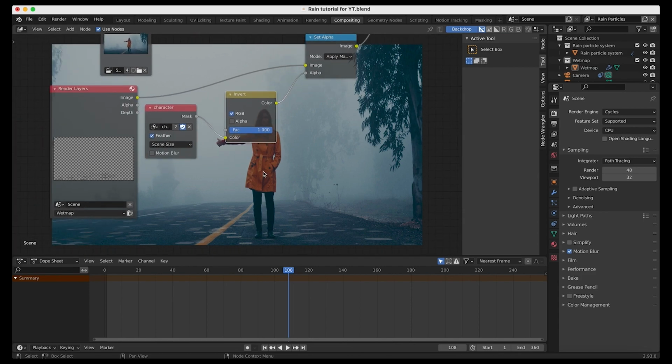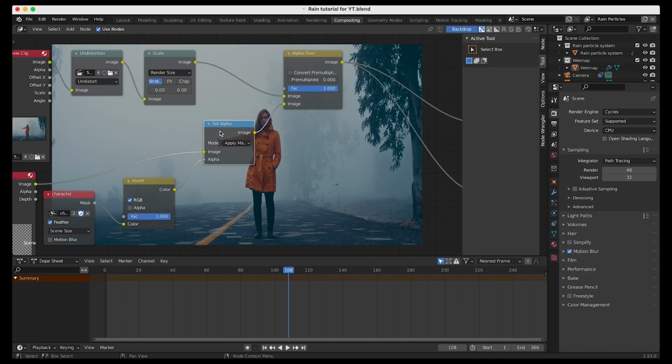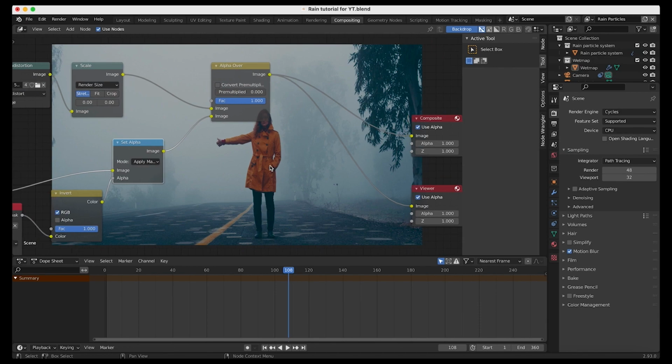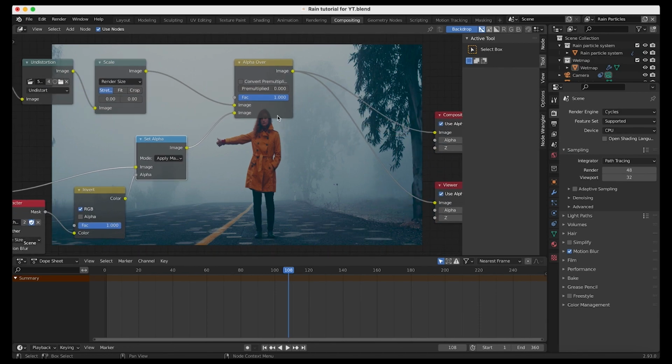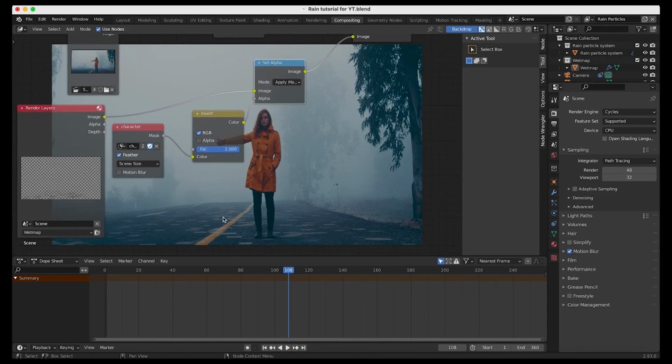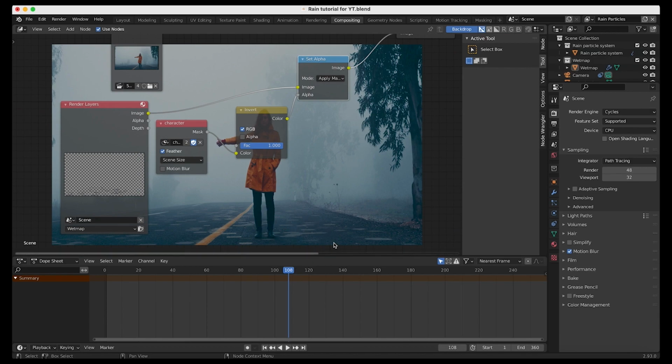Let's adjust a few of the settings to blend it into our scene a bit better. The easiest thing to do is just dial it back a little bit, since I think it's a little bit too prevalent in our scene. So I might just dial back the alpha over node so it just doesn't overlay quite as much onto our scene. And now it's already looking quite a bit more realistic because some of the real environment is bleeding through